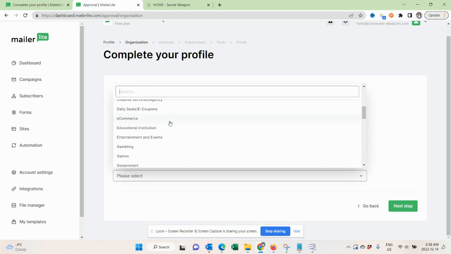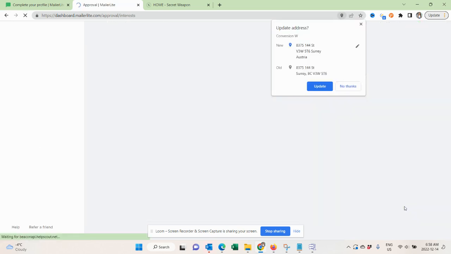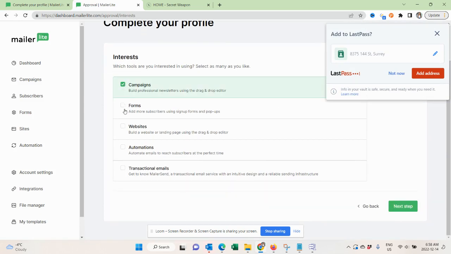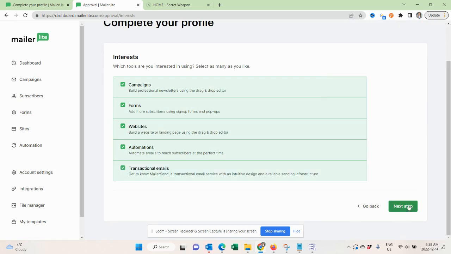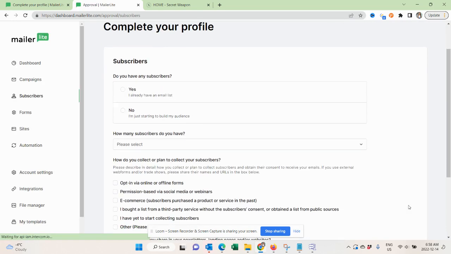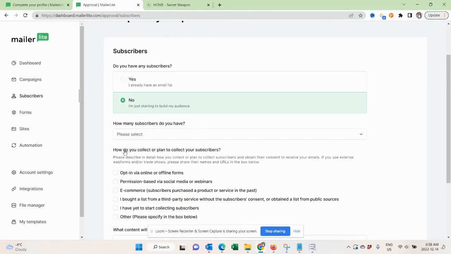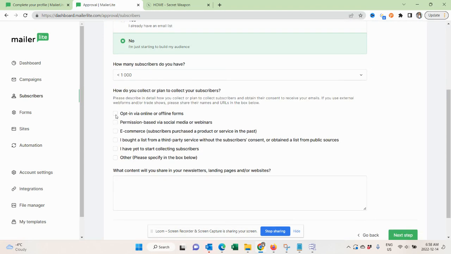I think it's better if you select e-commerce because you get a different set of emails. And now we are interested in campaigns, forms, website. Maybe we need to build a simple opt-in page, automations, transactional emails. Sure. So all of that. And then you could import subscribers here. You'll likely start from scratch for this one. How do you collect emails, opt-in online or online forms, e-commerce,